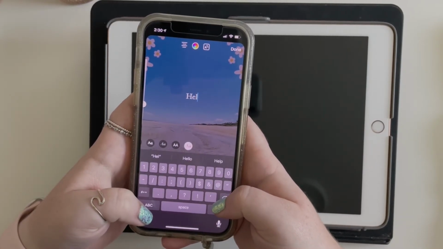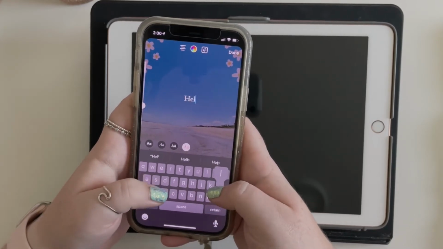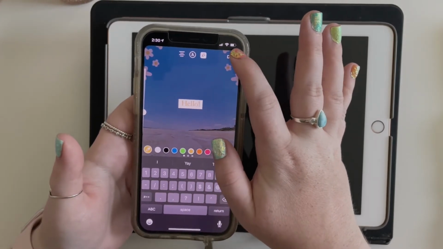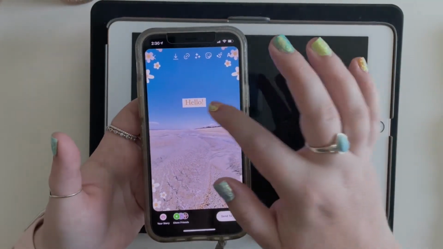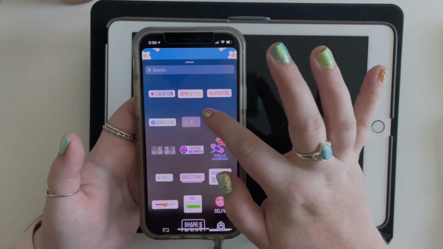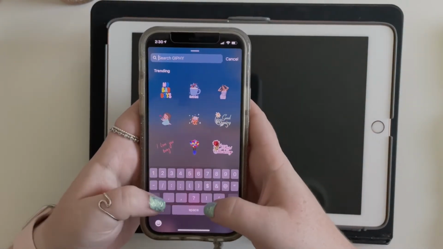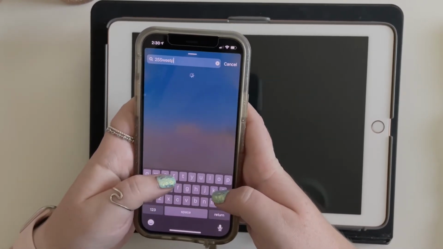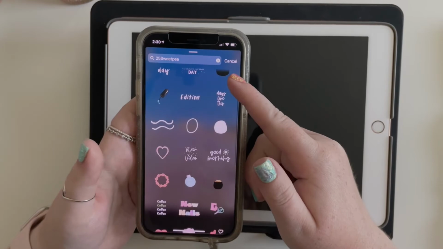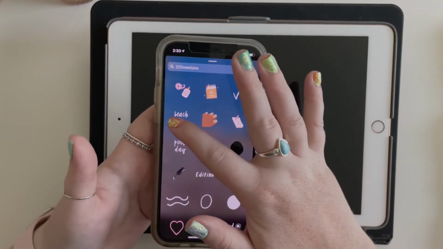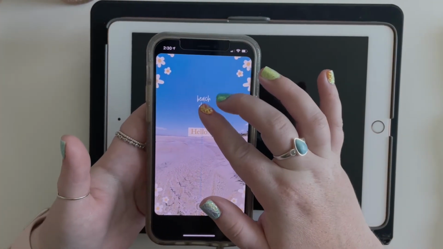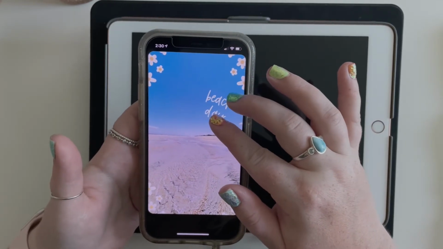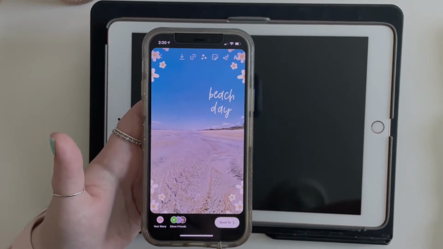I don't know. Why is our default always hello? I don't know why that is. So let's just make that. And you could still add GIFs to it. It doesn't really matter, but I'm going to go ahead and add one. If you guys type in 25 Sweetpeas on Giphy, you can actually find my GIFs, which is a fun little fact. And then you've got a really fun little cute story to share. And that is how you